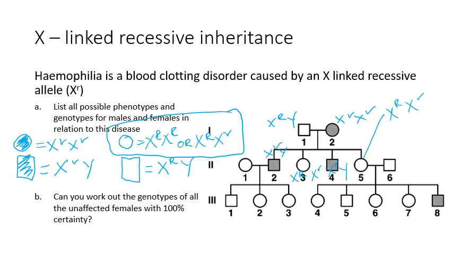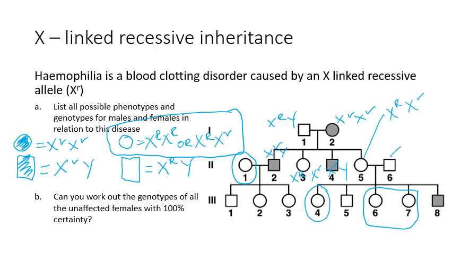So for example, one that we know we're not going to be able to determine their genotype with 100% certainty is probably this female here. Okay, so there's not enough information in the pedigree here to determine whether she's going to be the homozygous dominant, X capital R, X capital R, or X capital R, X lowercase r, the heterozygous. The same with these children over here. So these 2 females and this female here, we probably don't have enough information, although we could work out the